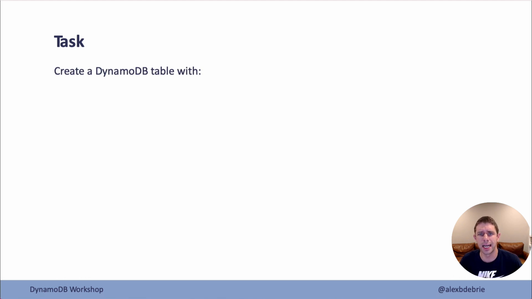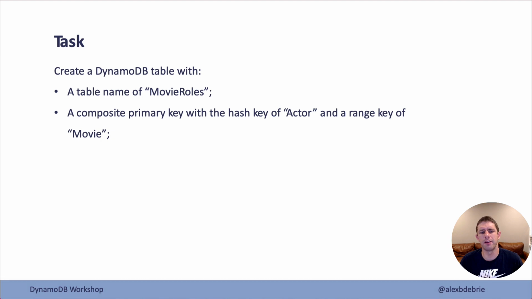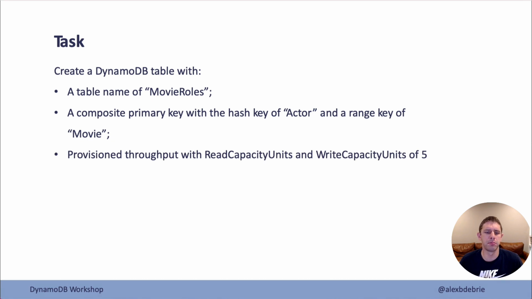So I want you to create a DynamoDB table with these conditions. Number 1, a table name of movie roles. We're going to hold our movie role items in this table. Number 2, we're going to have a composite primary key with a hash key of actor and a range key of movie. And then finally, we're going to set up provisioned throughput with read capacity units and write capacity units